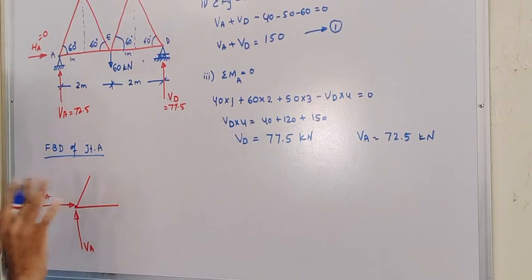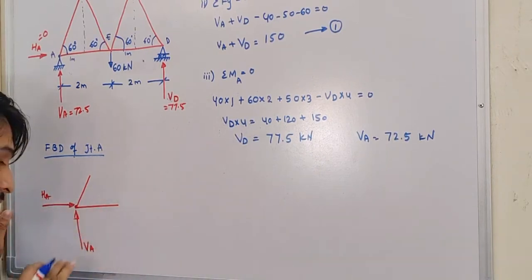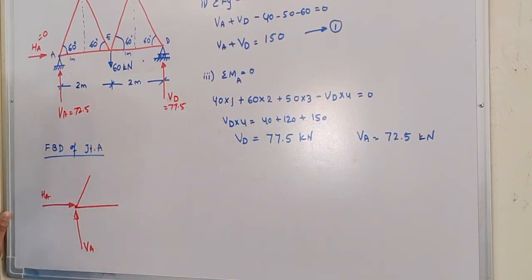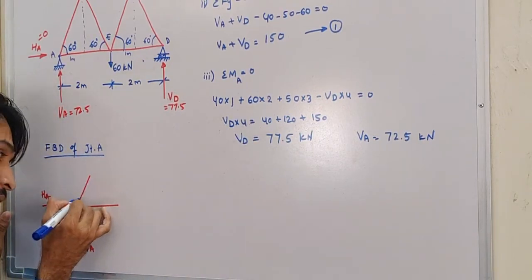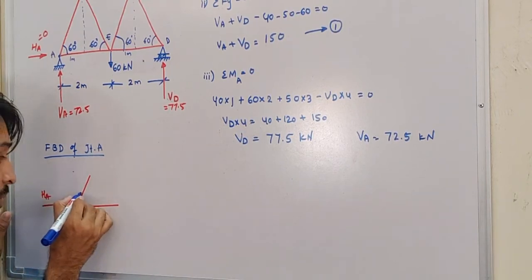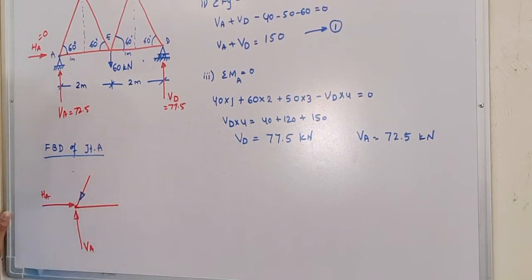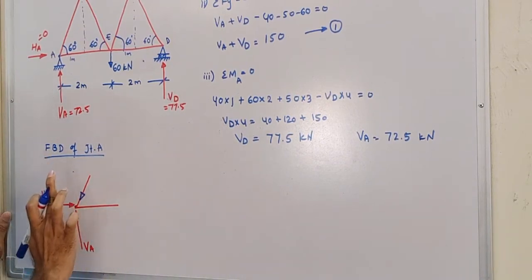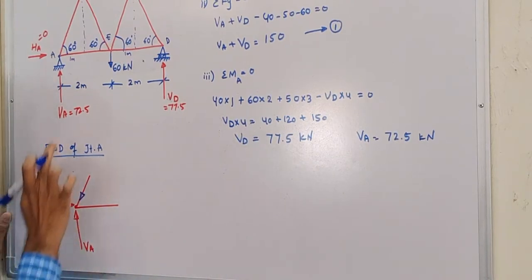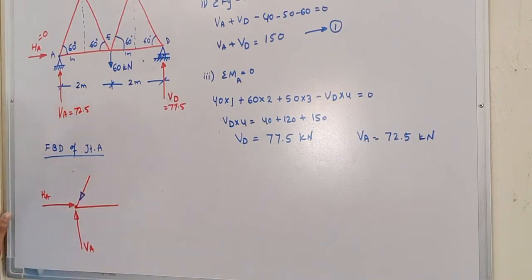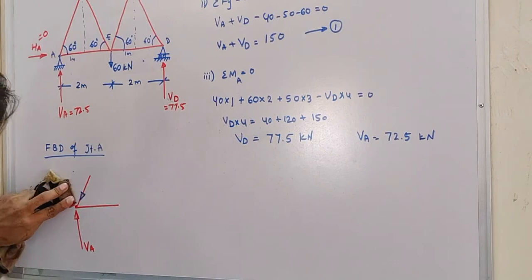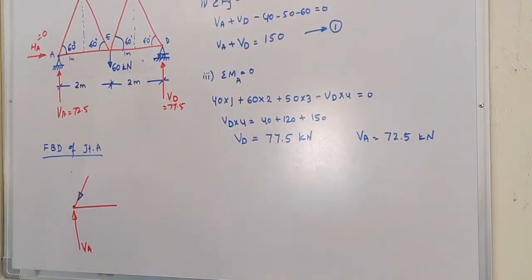Suppose you try to give the direction such that here it is trying to move in the upward direction. So there has to be something coming downward. If I take the vertical component of this, it will come like this. So I have to take it in the downward direction, because there is something in the upward direction. Anyway, HA is 0, so I will not write it. I'll just rub it off, because HA is 0. I'll not consider that.